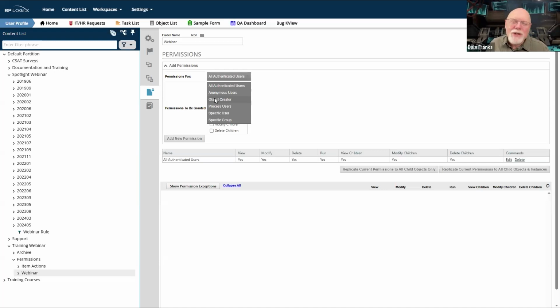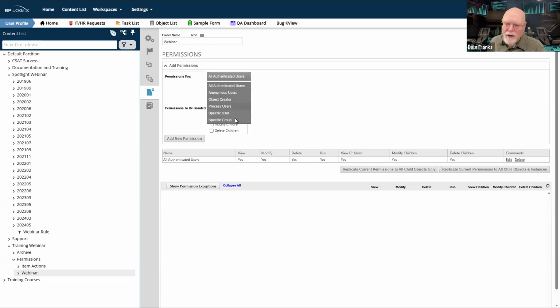Then the object creator gets a little tenuous. I think in most cases, the object creator that gets passed in that case would be back to the user who created the goal definition. It'll kind of fall through as the object creator. But in most cases, the object creator is either the user who created the definition object that resides in the content list, or the user who created the form or process instance that is running after they submit the form. So that's your object creator.